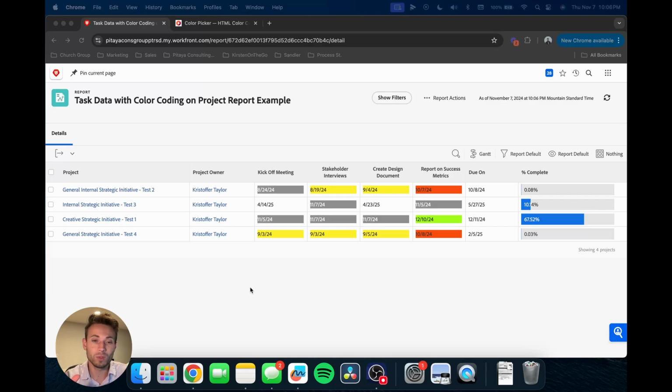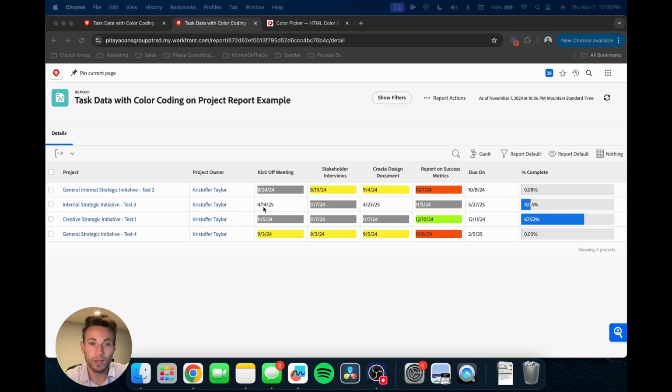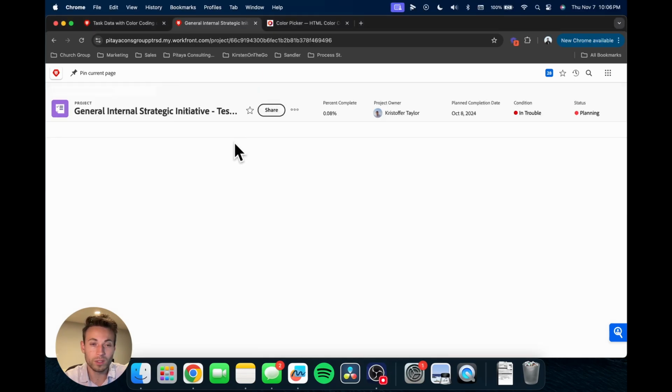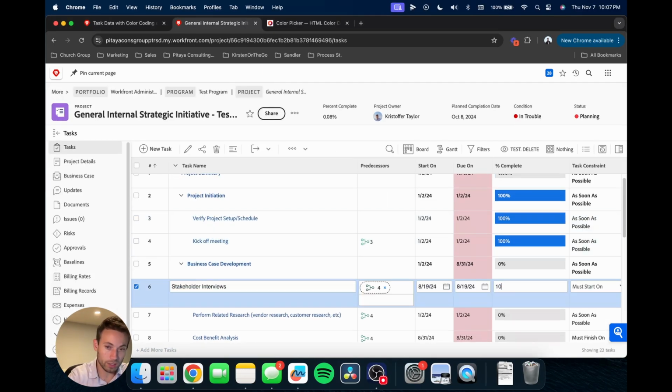Okay, real quick, I almost forgot to show you. I wanted to also give an example of what it would look like when you are actually doing your work. So let me just duplicate this. Okay, so again, these are ones that are completed, these are late, and so it's like, okay, let's go into this project and we're gonna mark off this task. So stakeholder interviews, we'll go in here, go to stakeholder interviews, we'll mark this as complete,